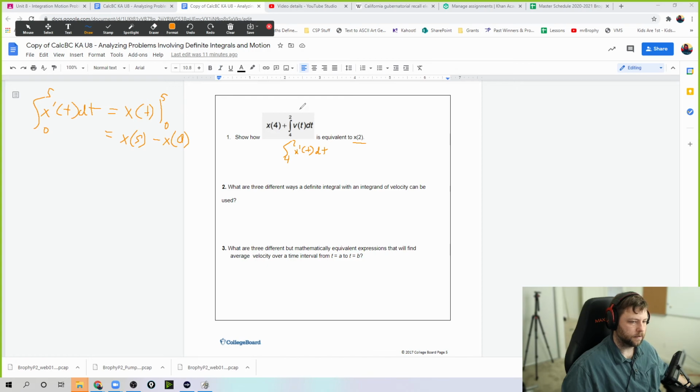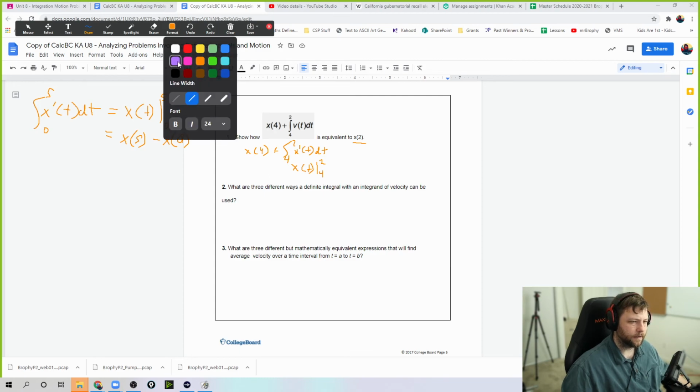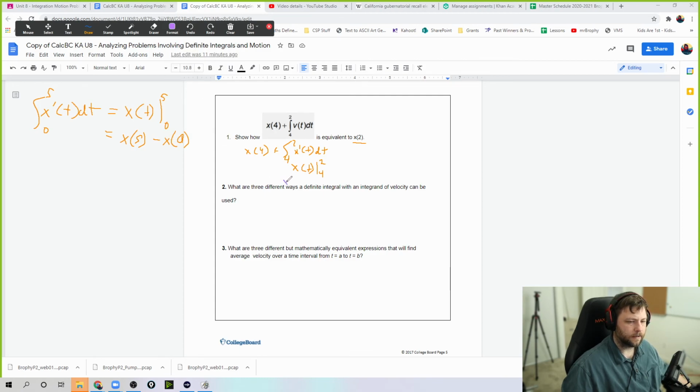Same thing as v of t. So I have x of 4 plus that. This part would just be x of t from 4 to 2, which I can write as x of 2